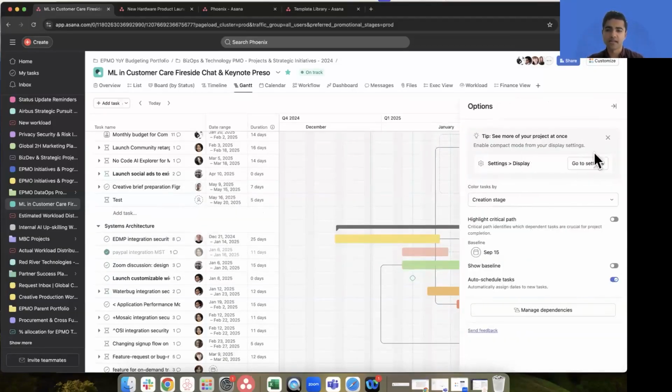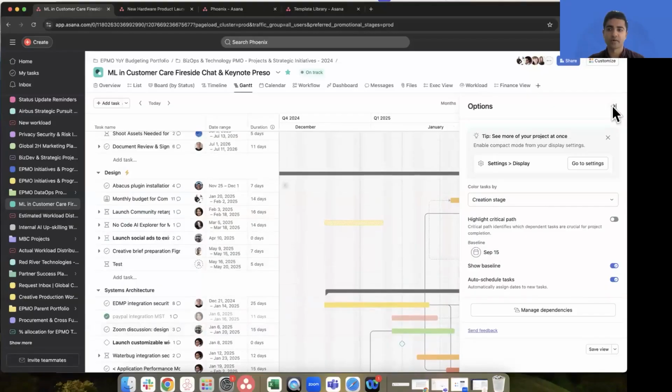For those of you who are a little less familiar with traditional Gantt charts, there's a capability that Gantt originally got famous for called baselining, which is where I can actually see, for a given project, where tasks were on a given date, in this case, September 15th.